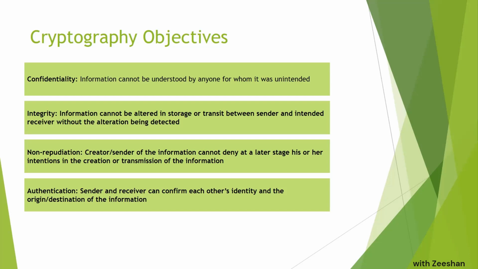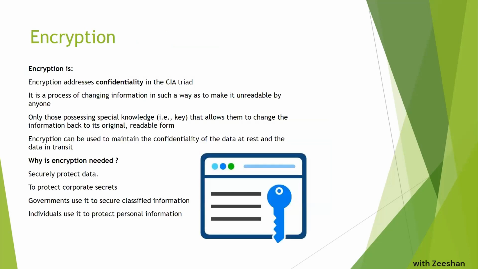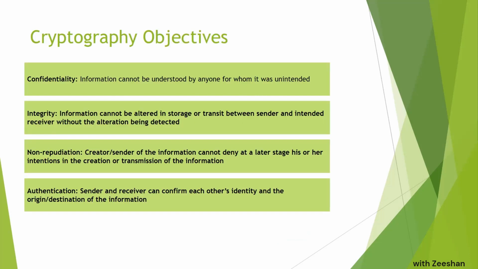Let's say the sender and receiver can confirm each other's identity. If I am sending you a mail, you should know that I am the one sending it and nobody else. Maybe I am sending you very important information, or very highly classified information. You should know that if I am sending it, someone is not using my name or my signature to send you the email. Or maybe your boss sends you an email that you got a bonus, or you are invited for lunch today at a very expensive hotel, and you reach there and nobody is there.